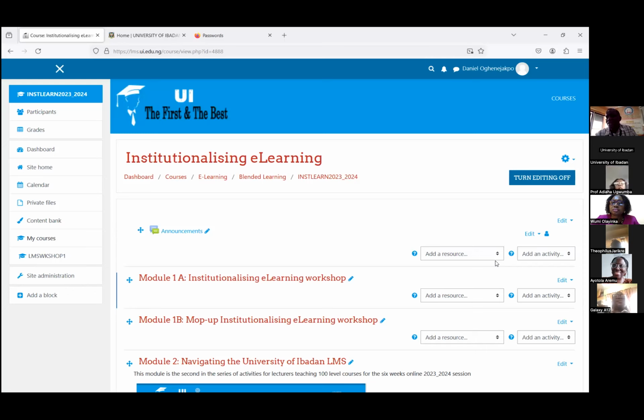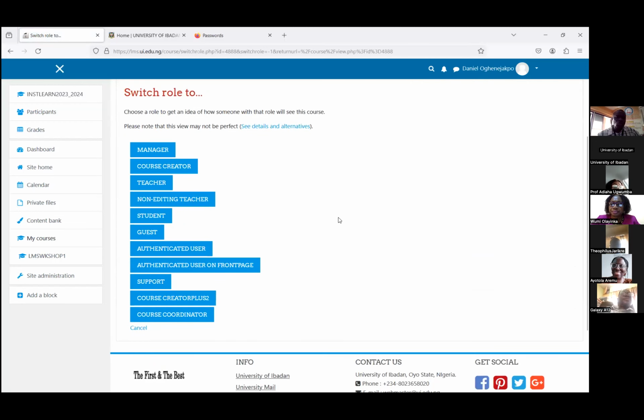Where your names appear, that small arrow, just click on it, the drop down, the last thing on the drop down, you will see switch role. Click on it. When you click on switch role, it will list the roles you can switch onto. Me, as an administrator, I can switch on to so many things, but you as a teacher, you can only switch on to students. So when you pick the student button,